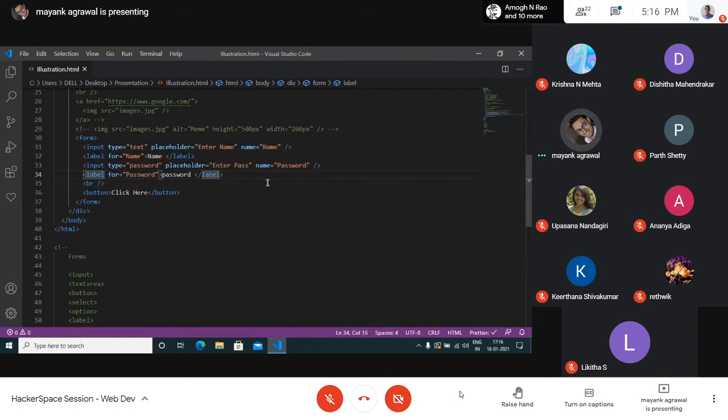There are more other values to this input type, which are